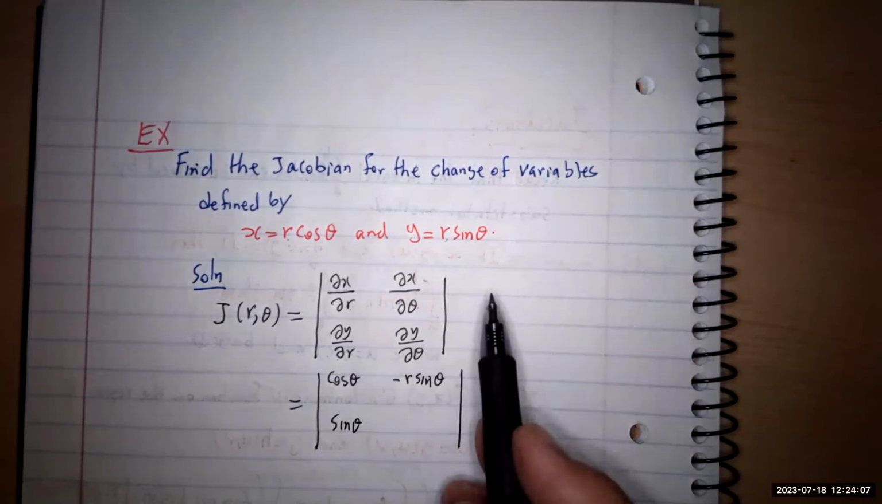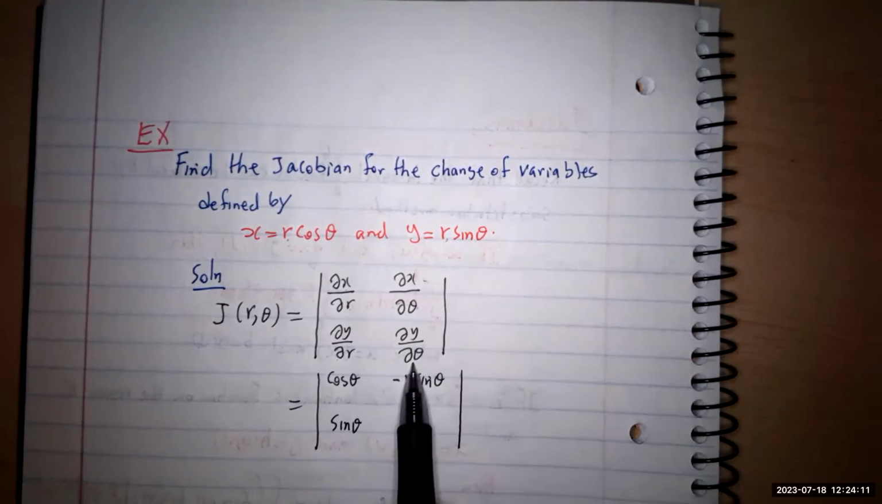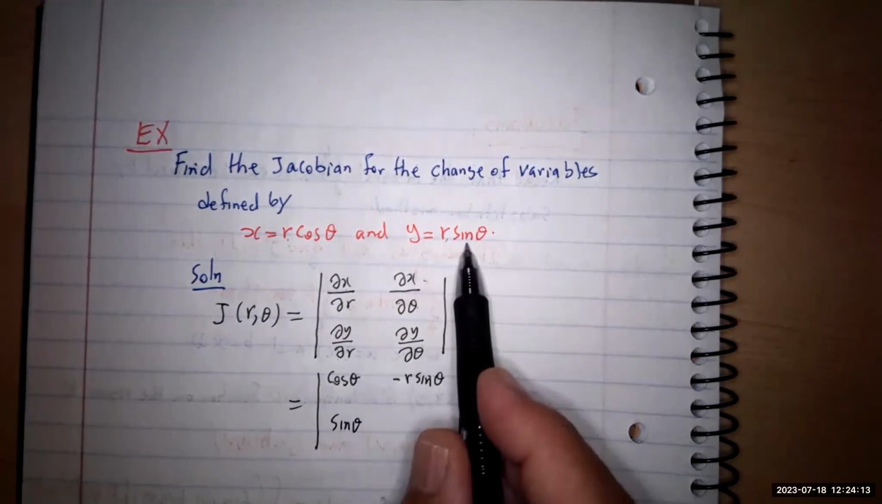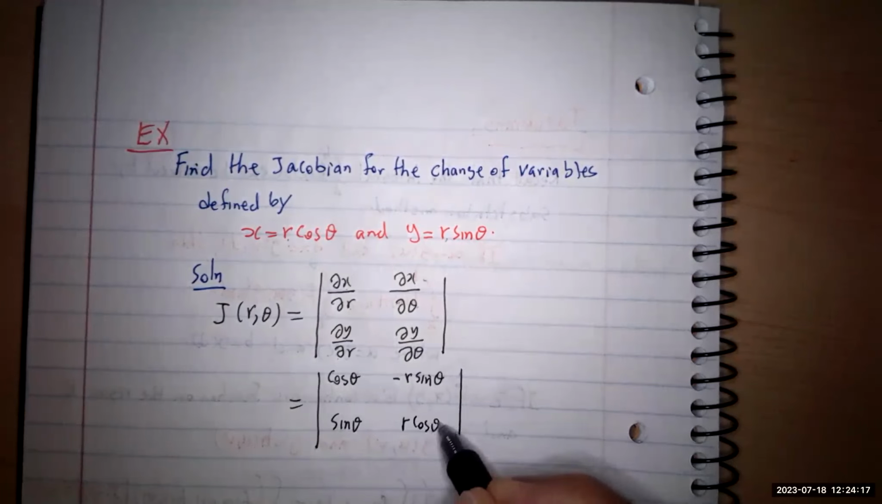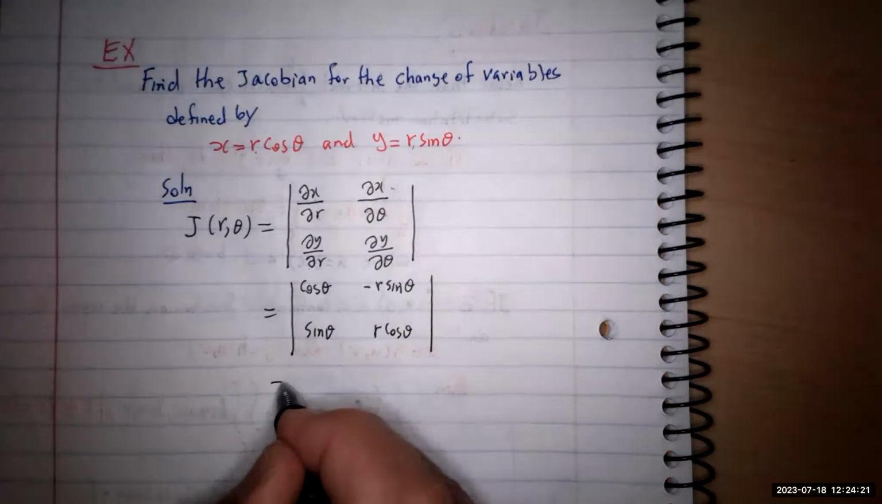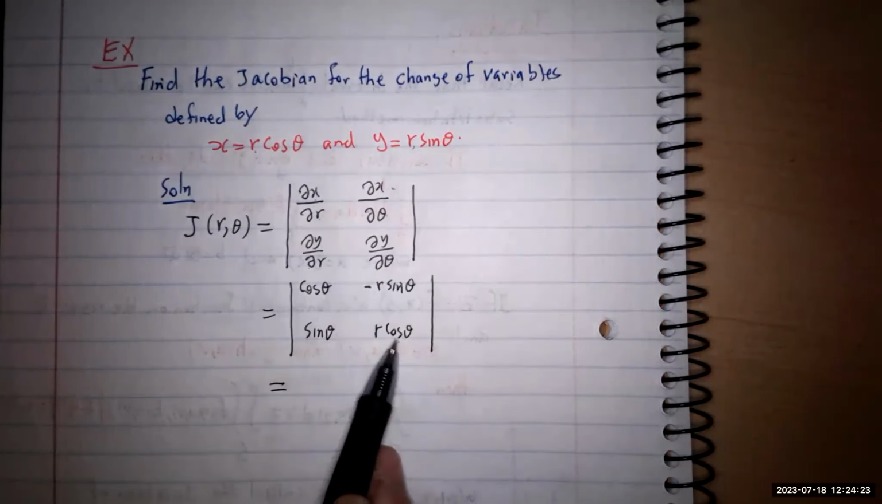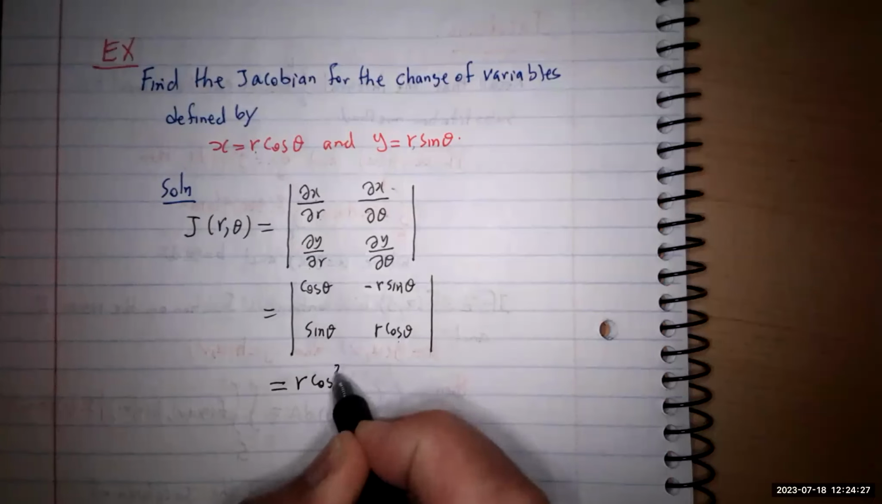Sine of theta, and derivative with respect to theta, derivative of sine would be cosine. So that gives you r cosine of theta. Any question? Get the determinant. You know that cross multiply. So that gives you r cosine squared of theta